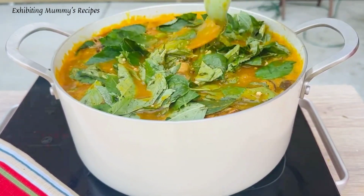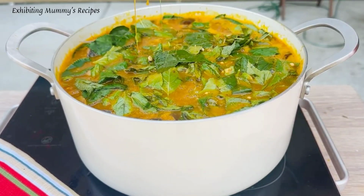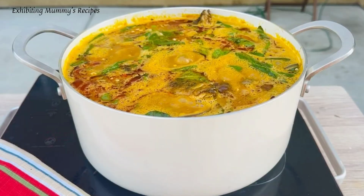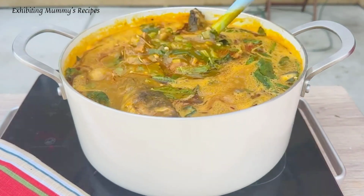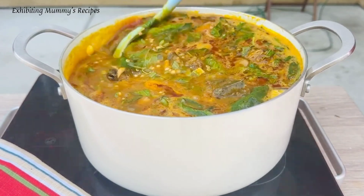I added some ademe, that's a wedu, or ayoyo, fresh one, to it. Let it stay for about a minute and then you are good to go, because we don't want to overcook it. Okay, and at this point, this is how it looks. As I'm talking to you right now, I have my soft banku on fire, and trust me, I can't wait to pair it with this soup, because